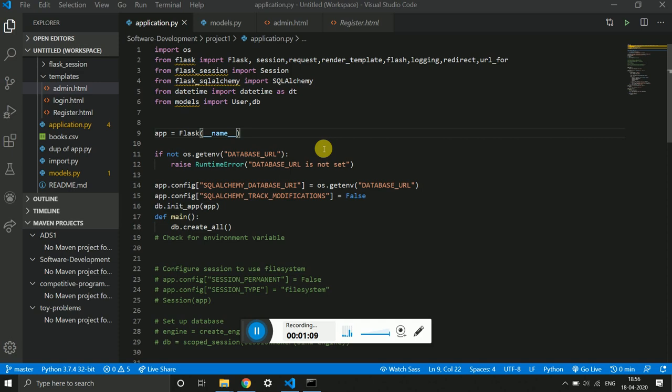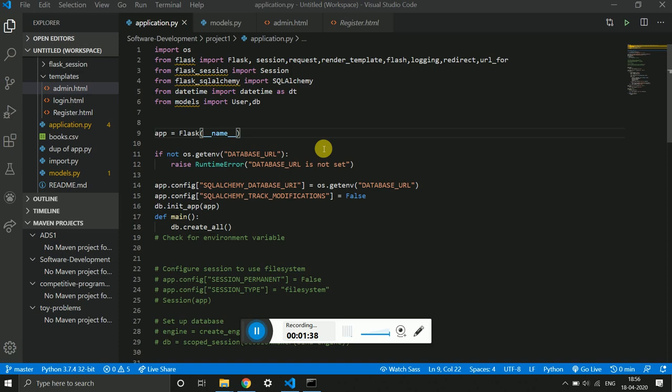run our Flask application. Flask is a module of Python. It is a micro framework that we will be using to handle the backend part. And to maintain the database, we'll use SQL Alchemy. That is also a Flask module, which works on Python.